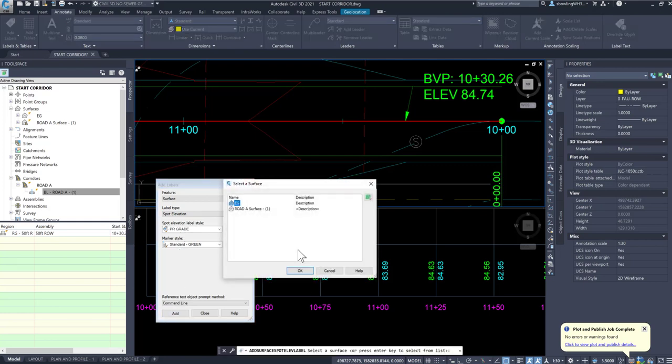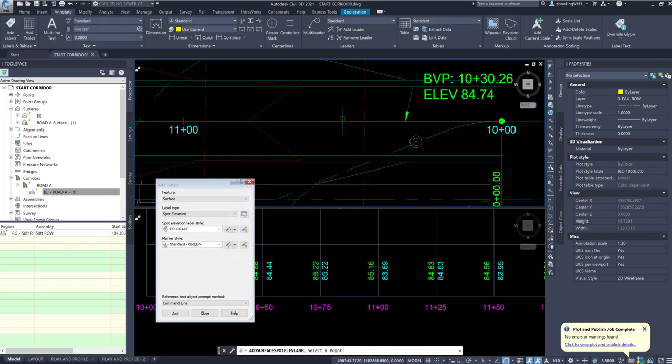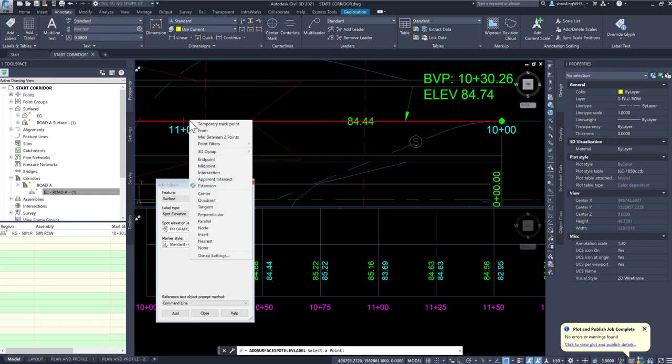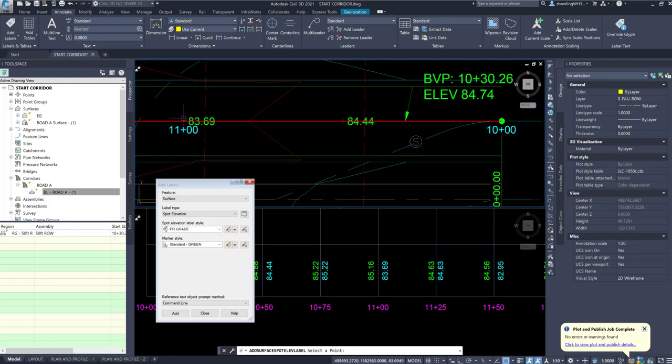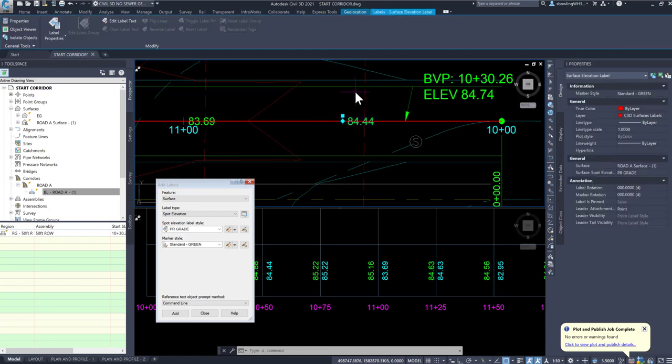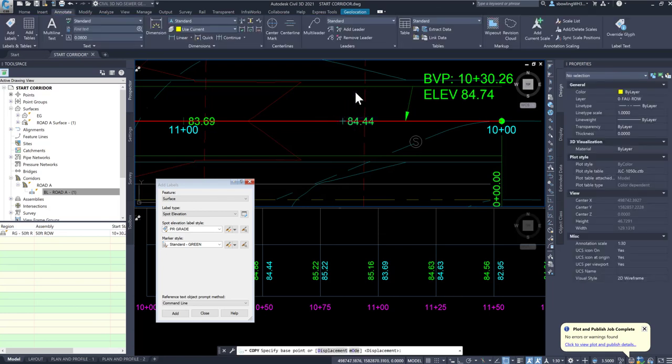And I'm going to hit the space bar, and I'm going to hit Road A Surface 1. And I'm going to click to the midpoint of this point right here. So it says 84.44. That is absolutely correct. Now, I can look at 11, midpoint. 11, 83.69. Now, I am going to copy this point, CO for copy, from the midpoint to perpendicular here,